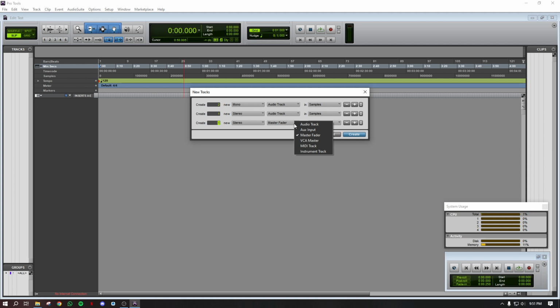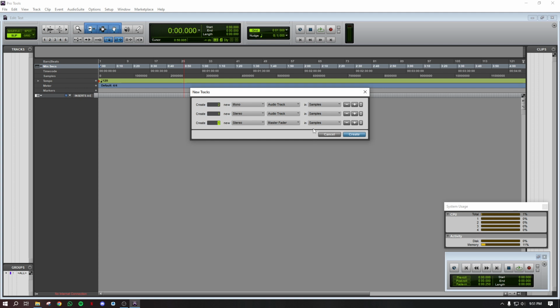So after you adjust each one of the audio tracks that you use, if we want to make all of the audio tracks go lower in volume, we can use the master fader for it, so we don't need to adjust one by one. The MIDI track and the instrument track are for music related projects,